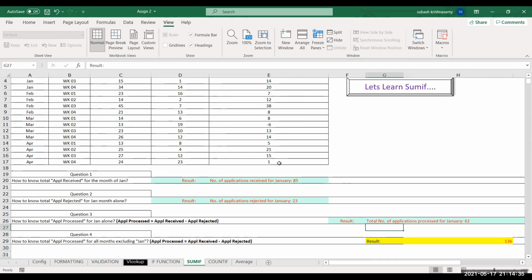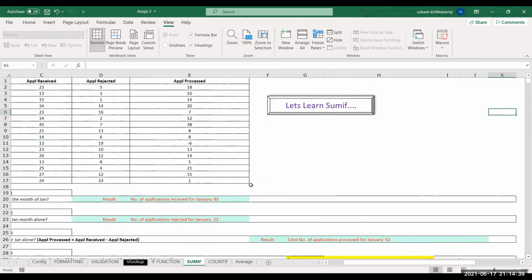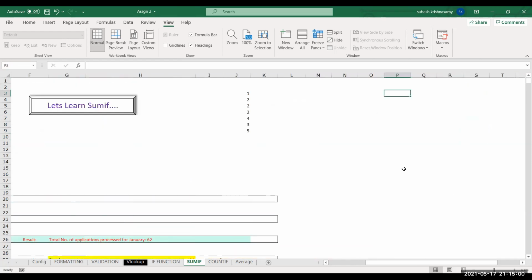For example, let me just give you some numbers over here, like 1, 2. Suppose I ask you how many numbers in this range are greater than 3. I want to count the numbers that are greater than 3.